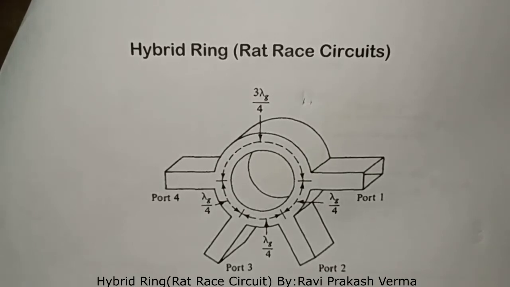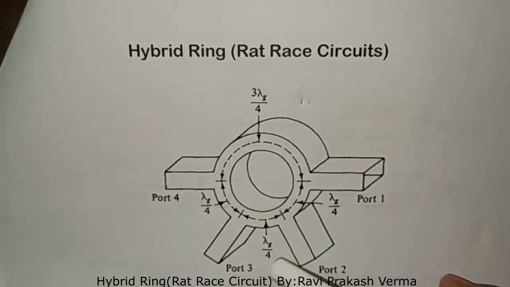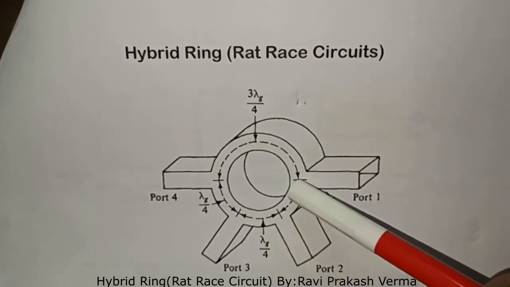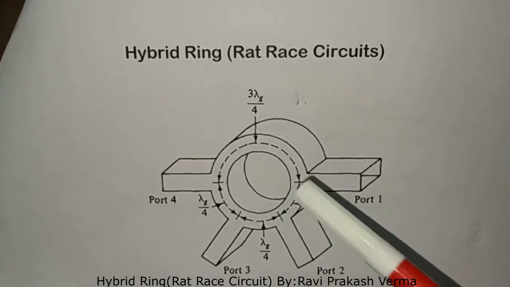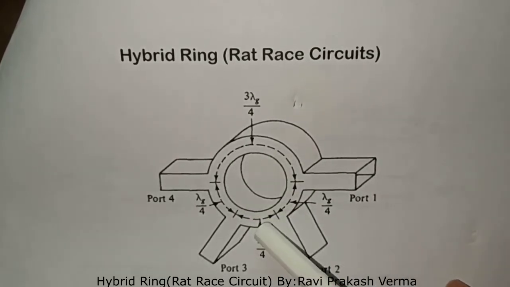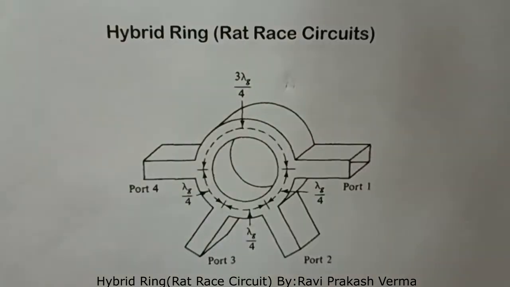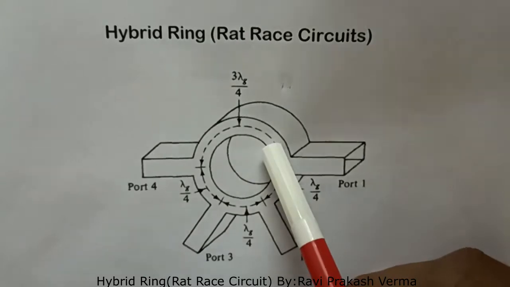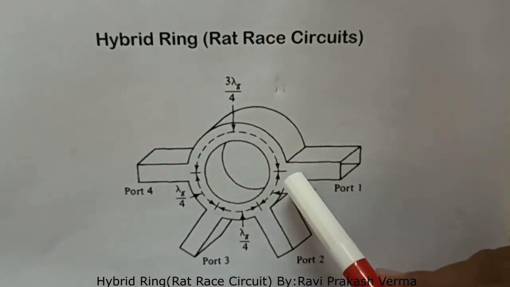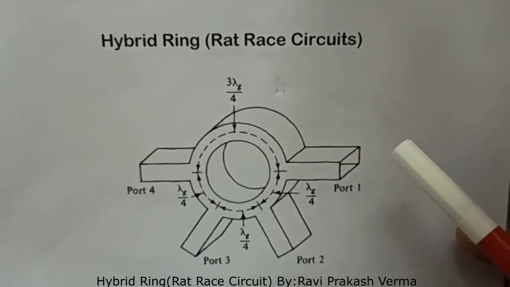But the rat race has an annular length of sufficient electrical length so that it can sustain standing waves. Standing waves are produced because of reflection from any of the ports. So it has junctions of specific length. These junctions may be either of series type or parallel type. If the junction is made to the primary waveguide on its broader dimension, then it forms a series junction. In the E plane T, it is a series junction.